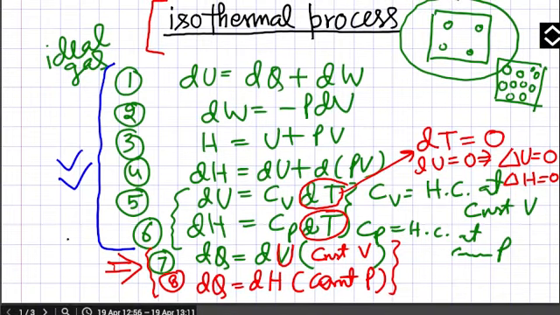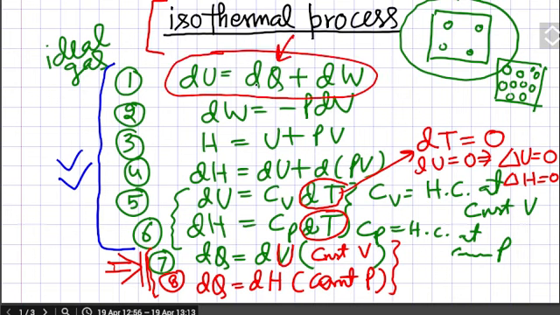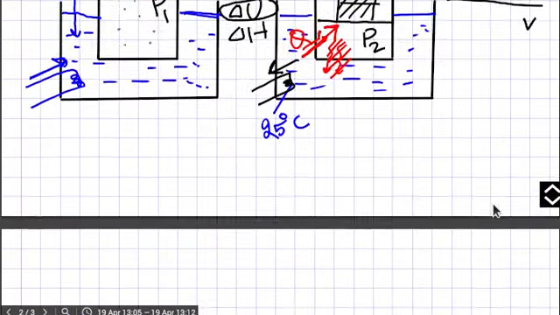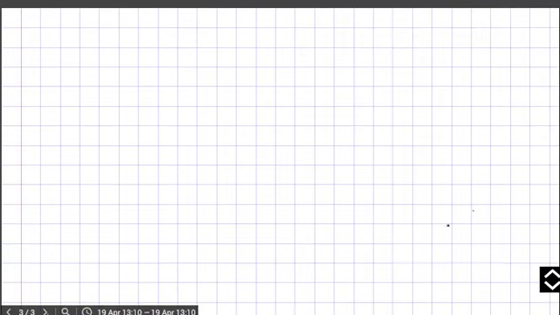So now we will concentrate our attention on dQ, what heat is transferred, and this formula we cannot apply here because it is only for constant volume and constant pressure. So we will use this formula here because heat is coming here. How we can use this formula I will discuss here, and in the next video I will discuss all these things.